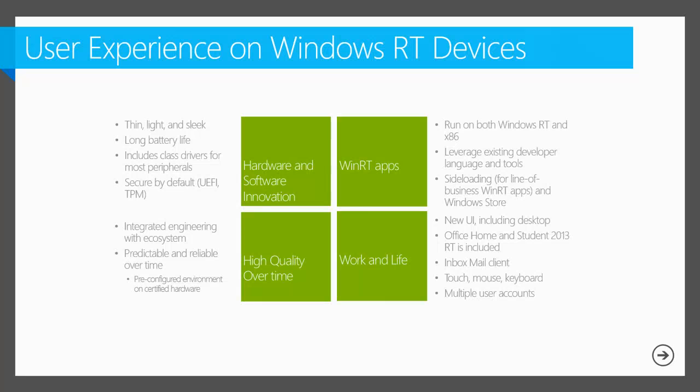So we've talked about the apps. Generally, apps developed for Windows 8 will also run on Windows RT. There is also sideloading capability. So if you went to my session yesterday afternoon where we talked about being able to install apps on the device from a location other than the Windows Store, Windows RT supports that as well. In order to enable that, you have to install a sideload product key. Those sideload product keys are provided as a software assurance benefit when you're using a Windows RT device as a